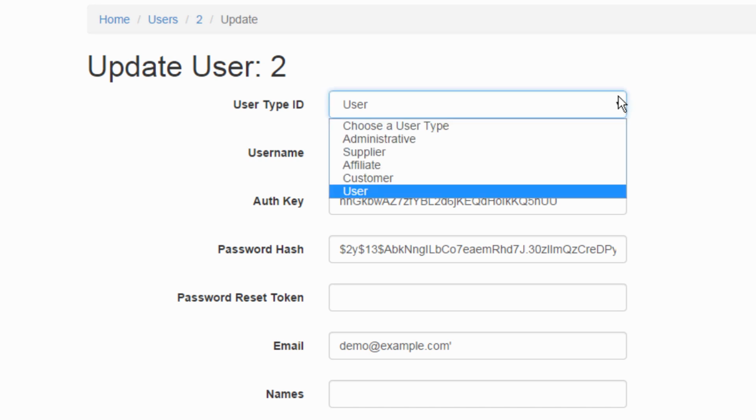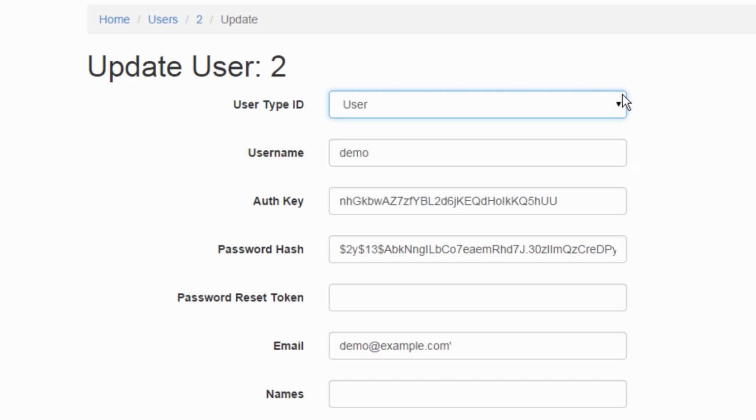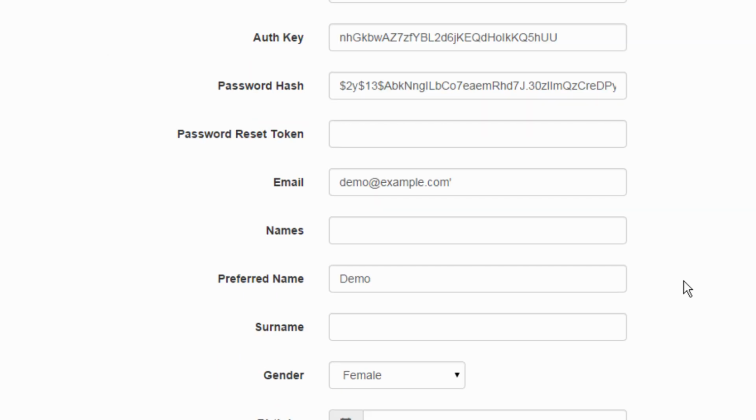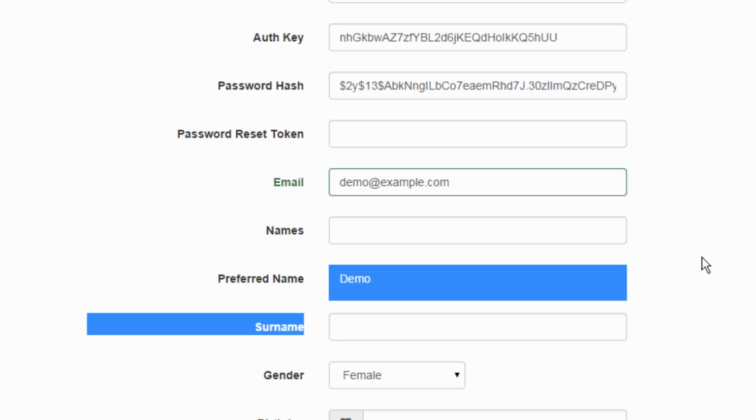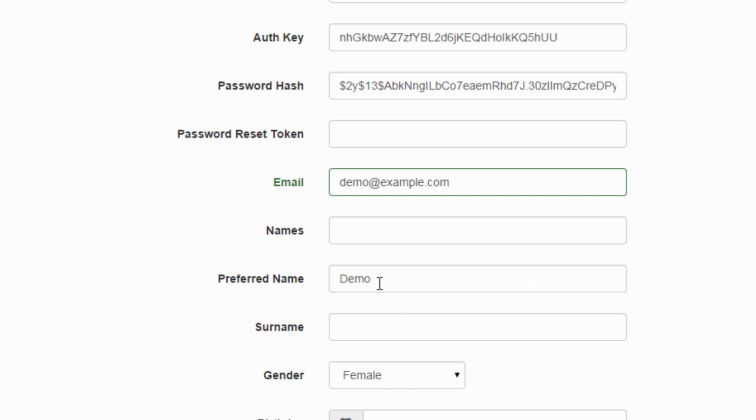So he's a user type. And his username is demo, his auth key and his password hash. He has no reset token. Here's his email. His preferred name is demo, or her preferred name is demo,